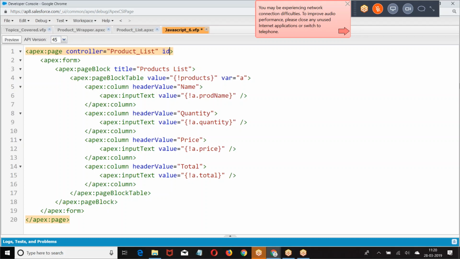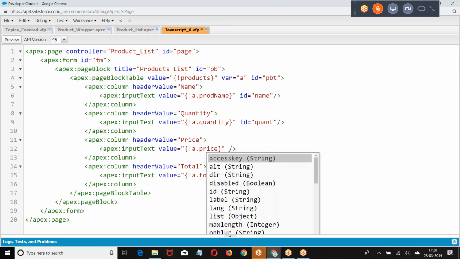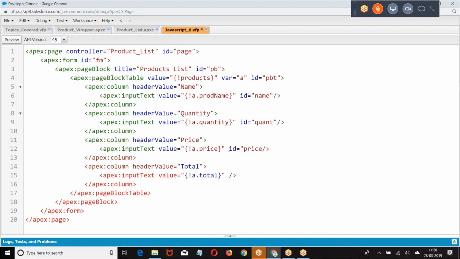Then what I was doing, giving ID, ID. This is what we got. Now I want to know on which row we selected.